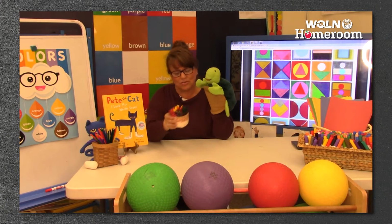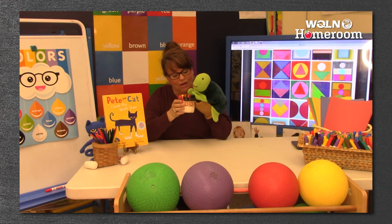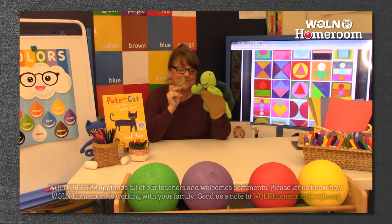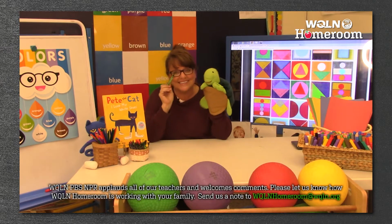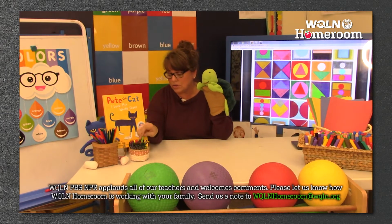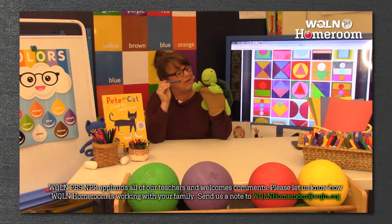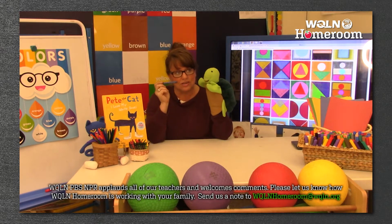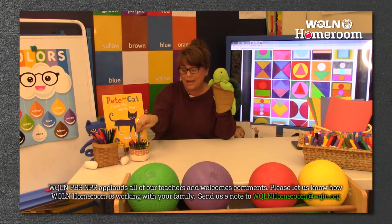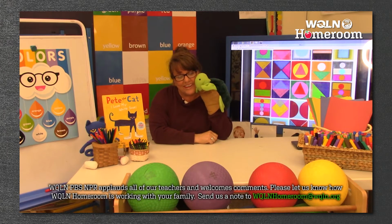Look at this basket of crayons, Twiggle. What color is your favorite? Can you choose your favorite? He chose the color green. I'll bet you it's because it's the same color as you, isn't it? Isn't it a beautiful color? It is. I like green too, but you know what other color? I really love blue. Blue reminds me of the sky and the ocean, and I think it's pretty too, don't you? We are going to talk about colors today, but before we get into our lesson,